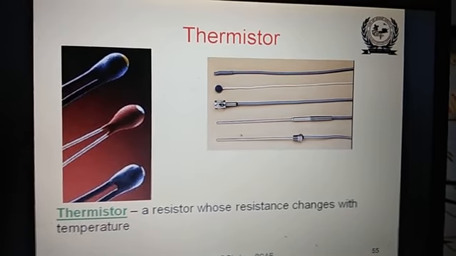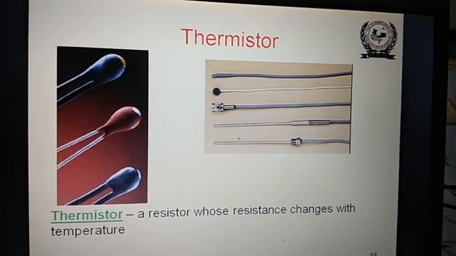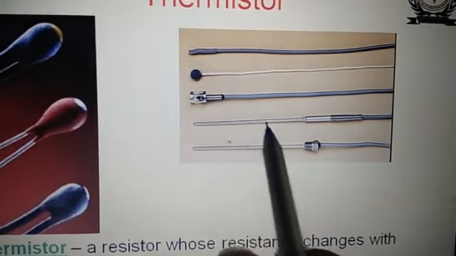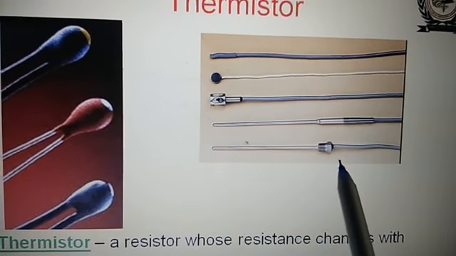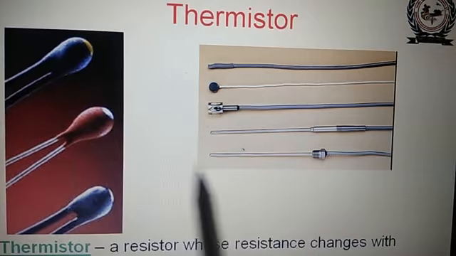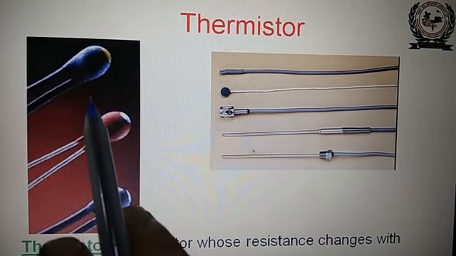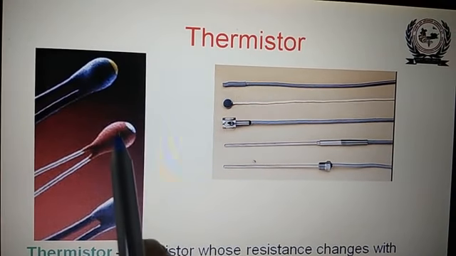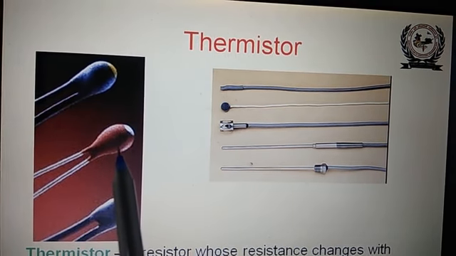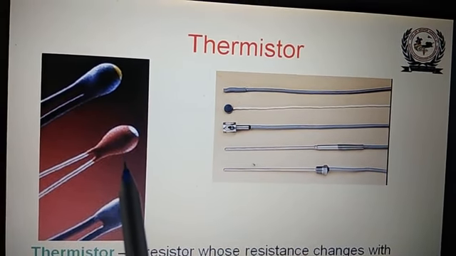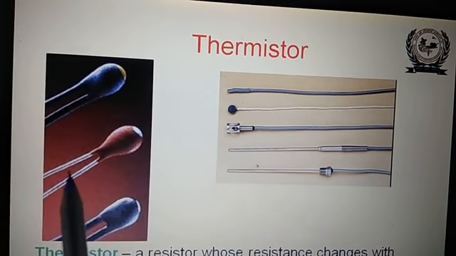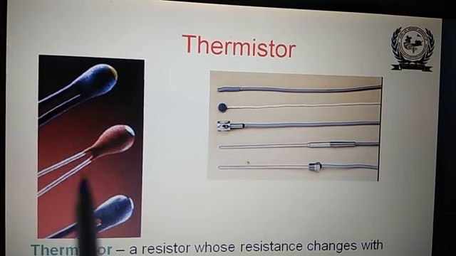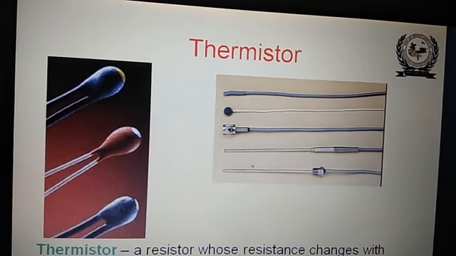And you can see this diagram of a thermistor. These are the thermistors shown here. And these are also thermistors, shapes of the thermistors. Here, the change in temperature may occur, that will produce the change in the metal, particularly the resistance of the metal. And due to this, if this is connected in a circuit, the change in resistance, in place of the resistance we can connect this one.